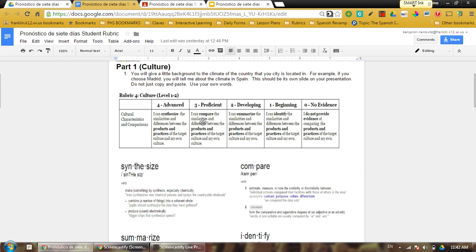A 3 is like maybe telling me it's hot in Argentina in January, whereas here it's hot in July. You didn't give me much detail, but that's like a comparison of the two. Giving me a summary of just what Argentina's is like, or just give me a small summary of maybe what each of ours are like, but not giving me a comparison, that's a 2. And a 1 is like fragmented caveman sentences like Argentina hot. So you don't want to do that. You want to get a 4.